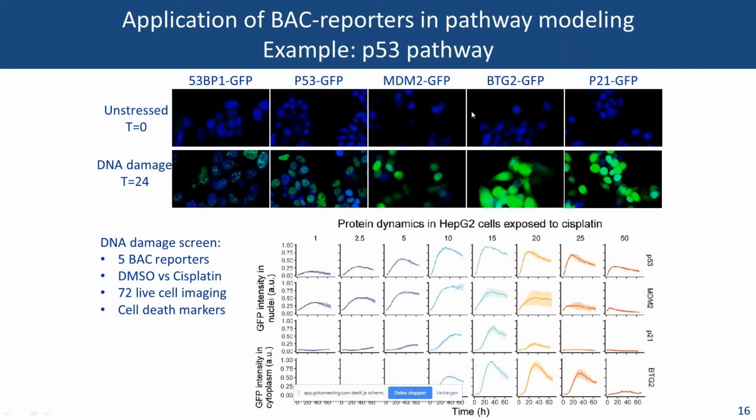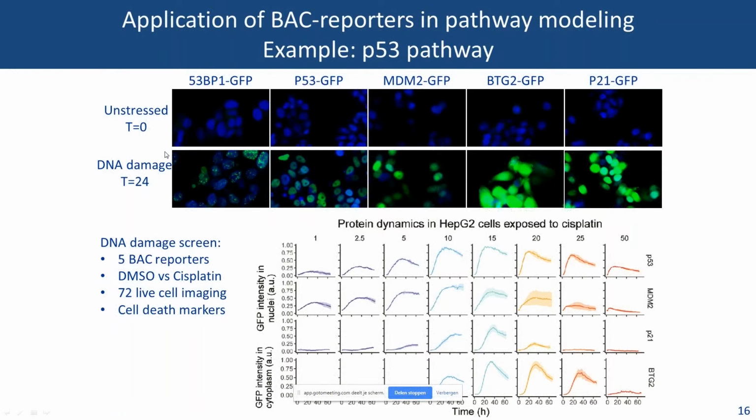So for this, we focused on the p53 pathway, and we included 5 different reporters. So 53BP1 is an early regulator of this pathway. p53 is the transcription factor, and MDM2, BTG2, and PLK3 are 3 downstream targets. In unstressed conditions, there's no activation of either of these